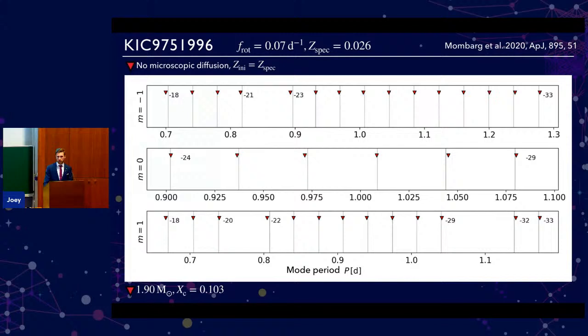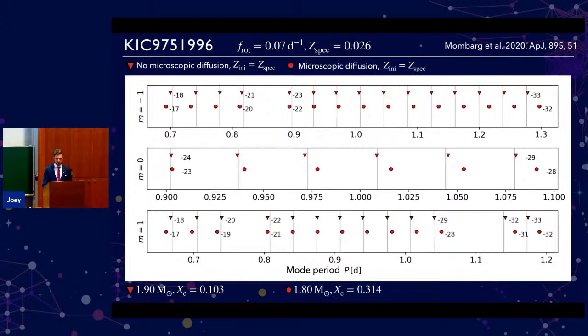So I studied 2 different slowly rotating g-mode pulsators. Here's one example. The observed mode periods are the gray lines, and the observed uncertainty as well. They're quite small. We have different mode geometries, so different m values for this star observed. We first do the exercise where we find the best model where we don't take microscopic diffusion into account. These are the triangles, and I'm showing the corresponding mass and age of the best model that we find this way. Then we repeat this exercise by now using models where we include microscopic diffusion or microscopic mixing.